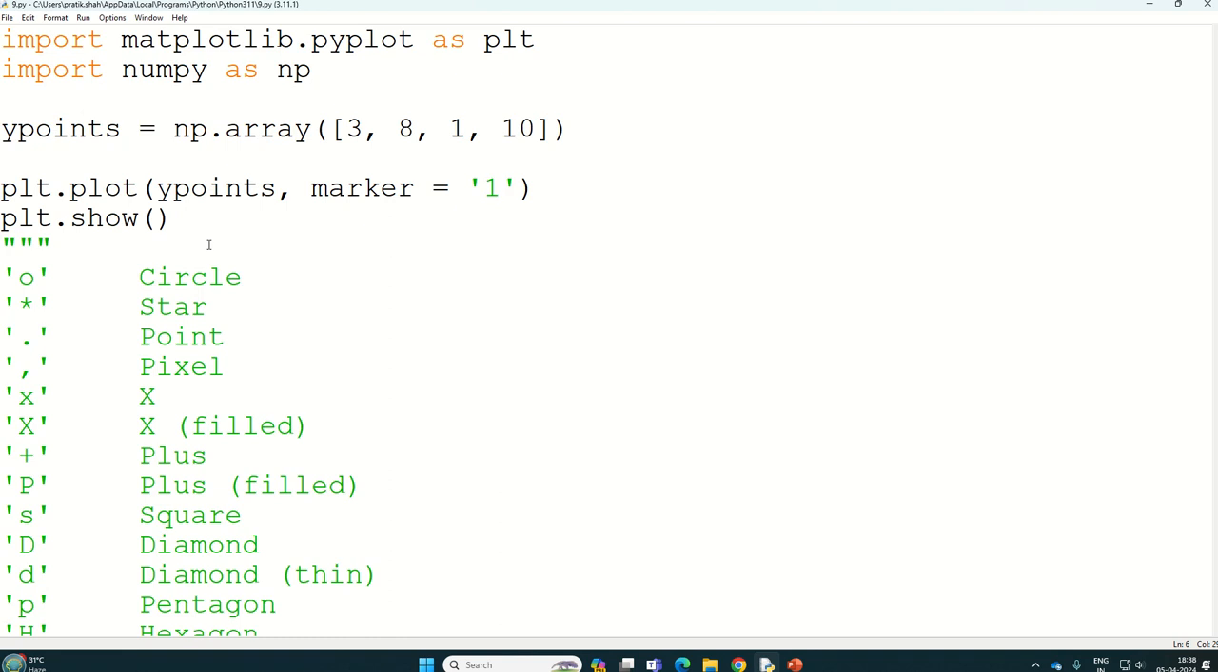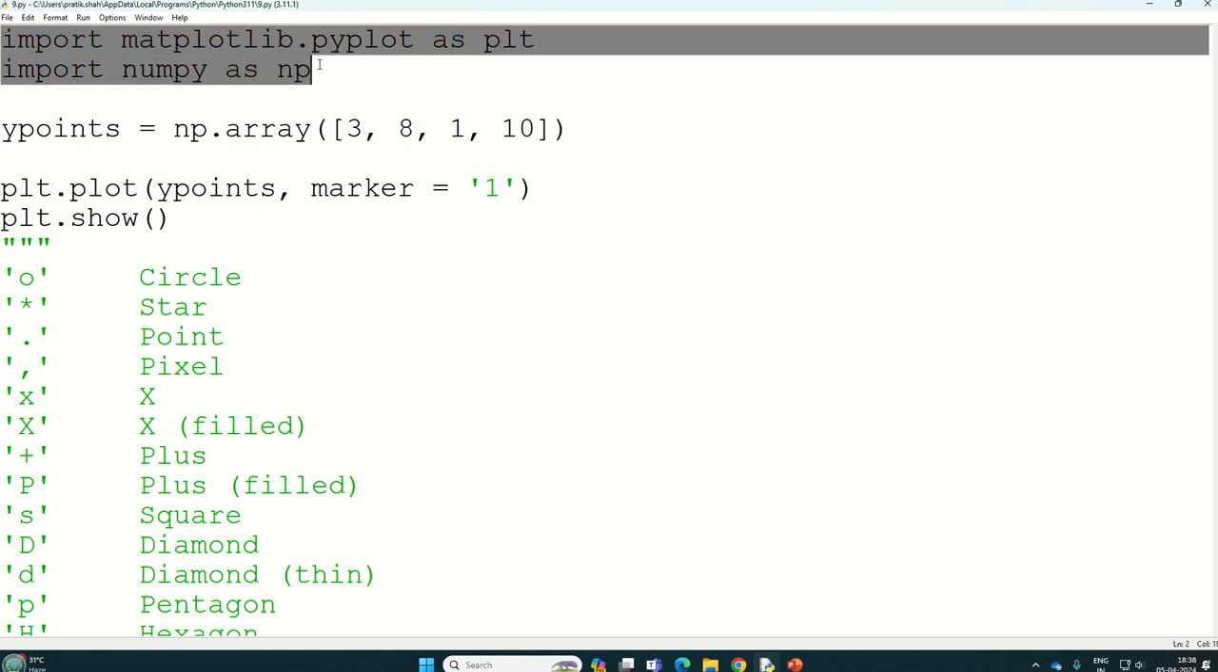Hello everyone. So we are done with the basics of plotting using Matplotlib. Now suppose you want a different marker, like a circle or a star, or a point, or a diamond shape or a square. Then what we can do is, first of all, our program will remain almost the same, but